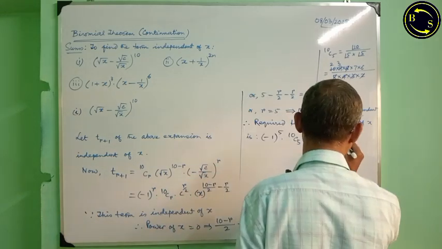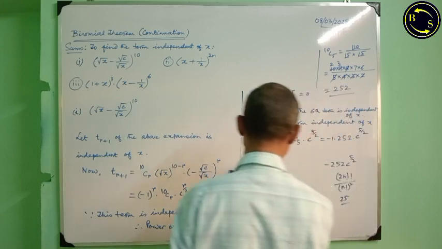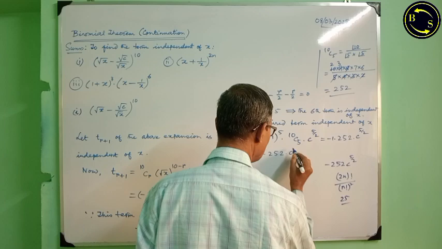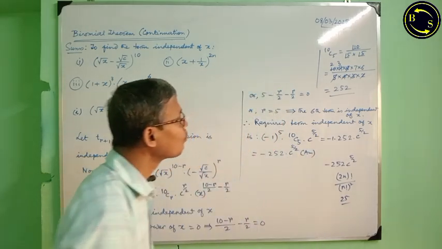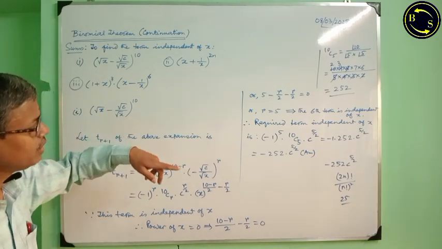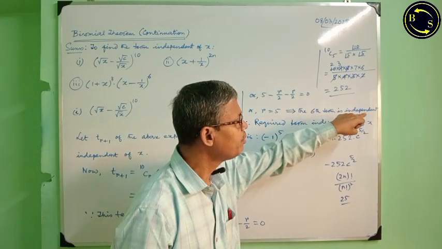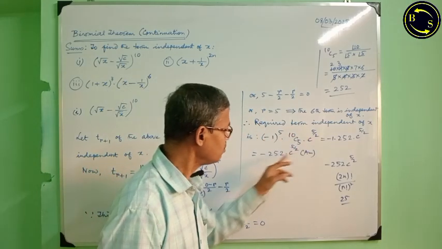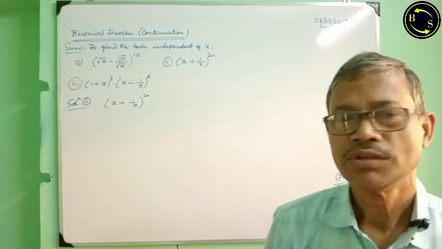Therefore, 252 into c to the power 5 by 2, that is equal to minus 252 into c to the power 5 by 2. Therefore, we have found the term independent of x. First of all, the sixth term will be independent of x. I have mentioned here. Then the value of that term, that is this one. Therefore, the sum is solved. Next sum,